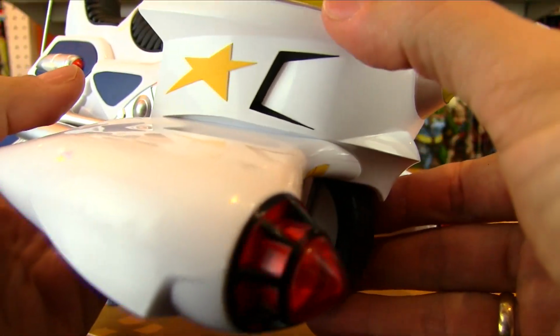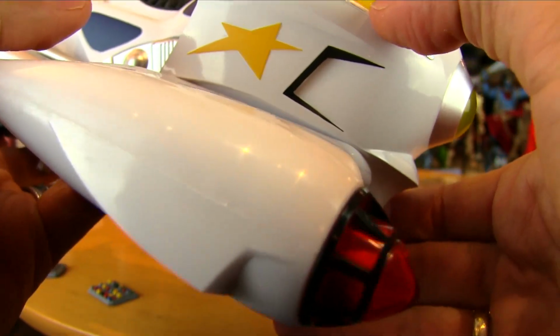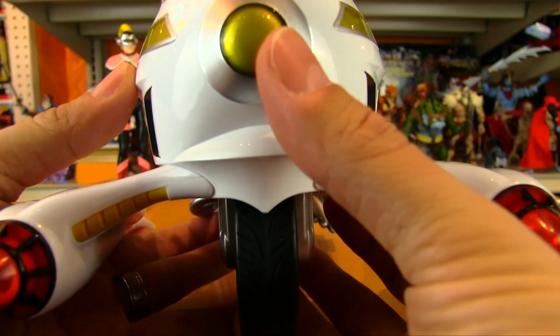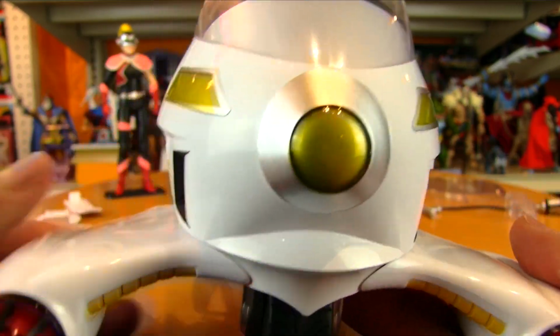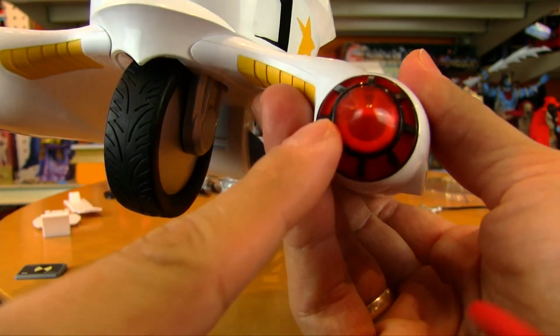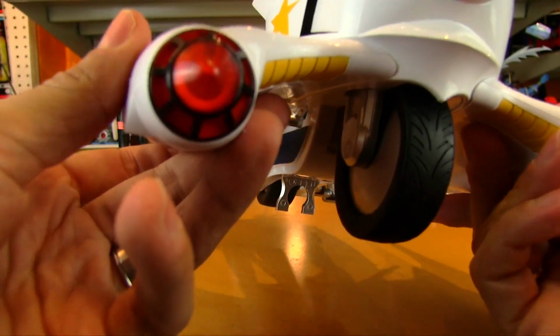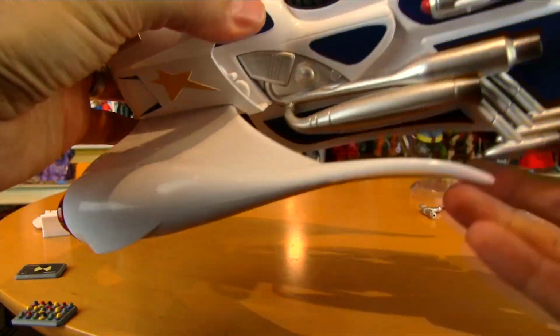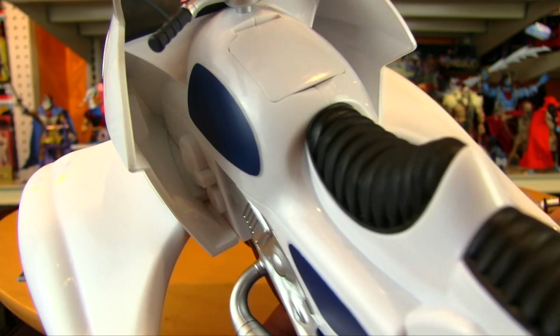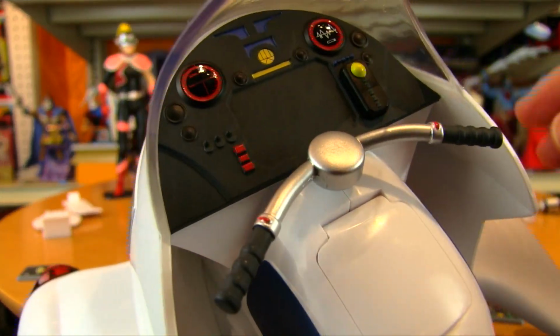That's painted on star. Some metallic paint. That looks like it might be translucent right there. Translucent metallic looking light. Very nice light on the front. These are very nice as well. And there's a gimmick. So the front dashboard has